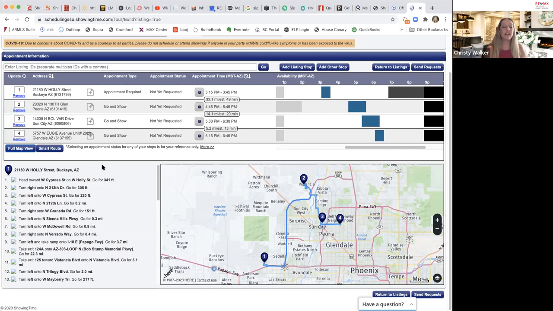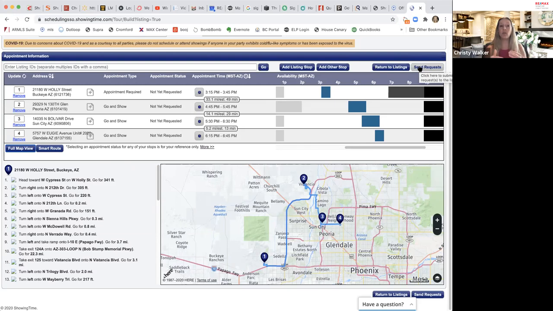And then once you're done, the only thing you need to do is hit send requests. And what will happen is it will actually send out a notification to whoever is allocated in the system to be notified for a showing. That may be the listing agent who is approving them, or they might just be a secondary notification, and it might be going directly to the sellers who are approving all showing requests. When you're on that listing side, I'll show you how that works in just a second,